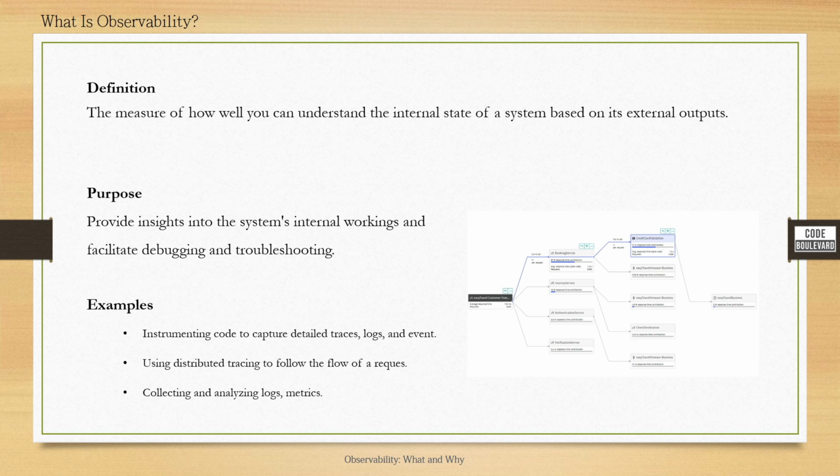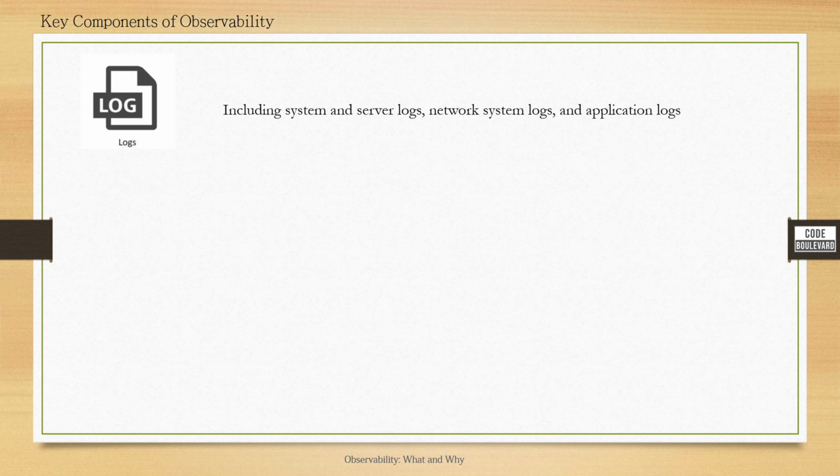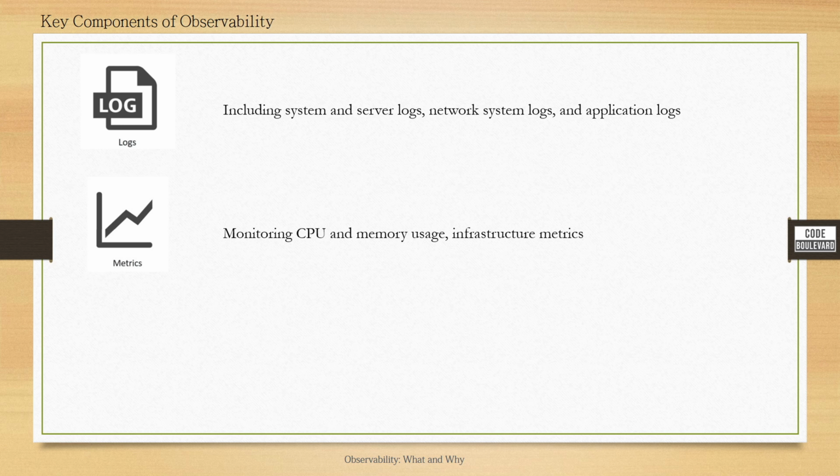When we are talking about observability, it includes three main components. First is logs, which includes system and server logs, network system logs, and application logs. And the second one is metrics, monitoring CPU and memory usage, infrastructure metrics, and any other type of metrics that we need to observe the performance of the application. And the last one is traces, or the same distributed traces, and we can track the performance of microservices and